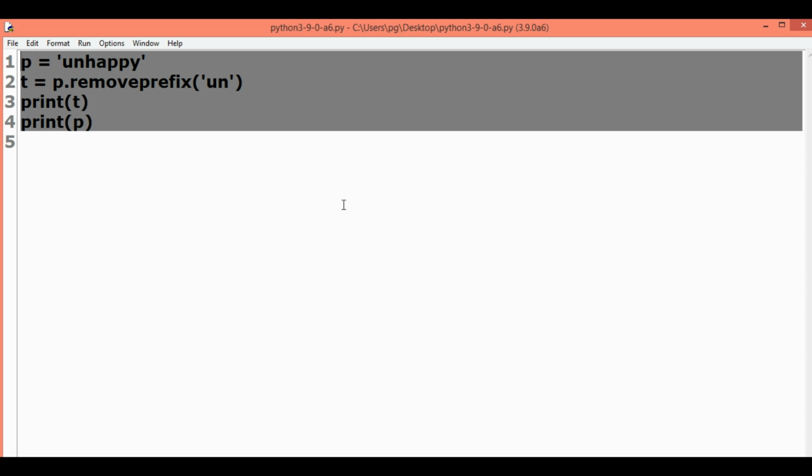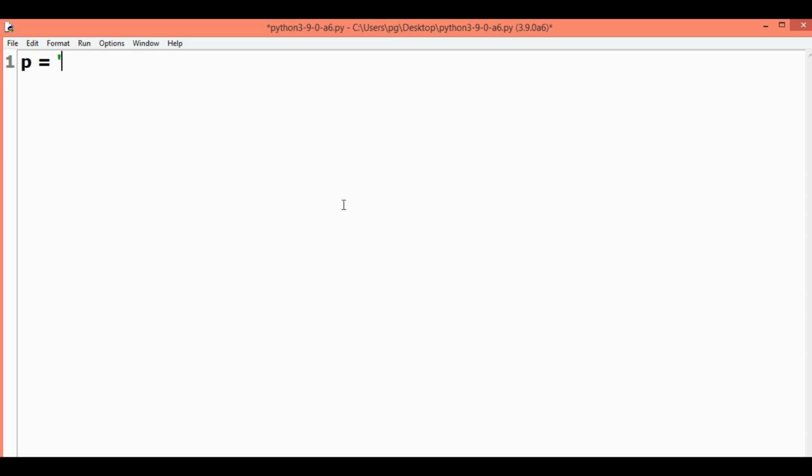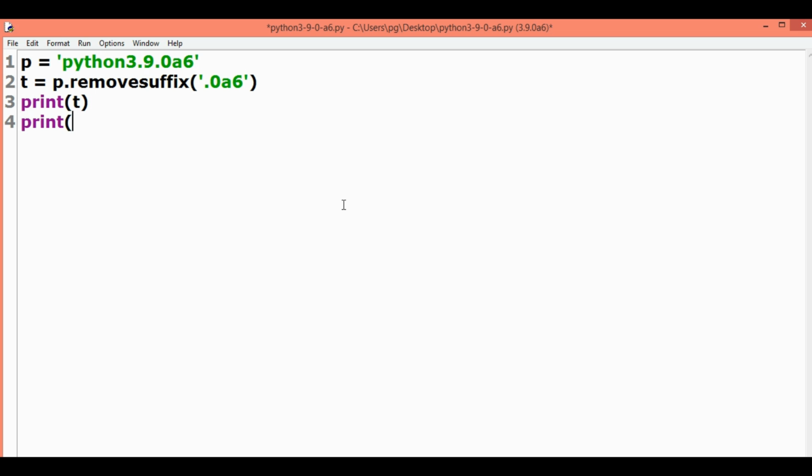So, for example, if we have a string p is equal to Python 3.9.0, p is equal to p dot remove suffix, we want to remove .0, and then print p.